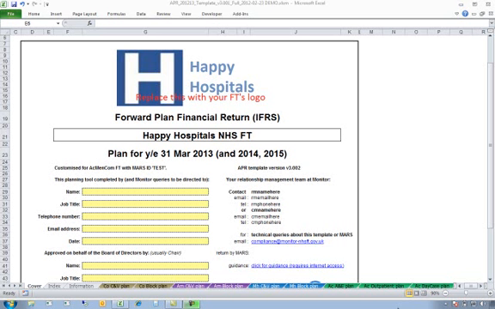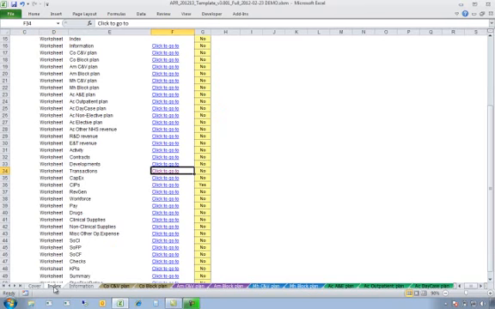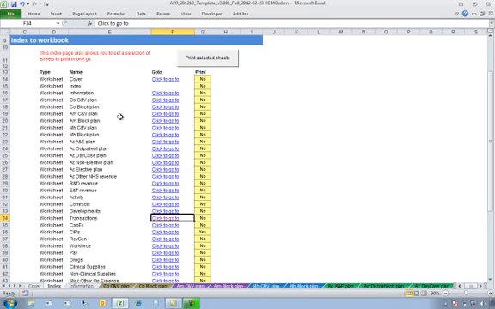enter the effects of a transaction in three ways: as a service development, as an income generating scheme, or as mere changes to income in an existing work service. So this year we've asked trusts with transactions to use the transaction sheet. The transaction sheet can be found from the index